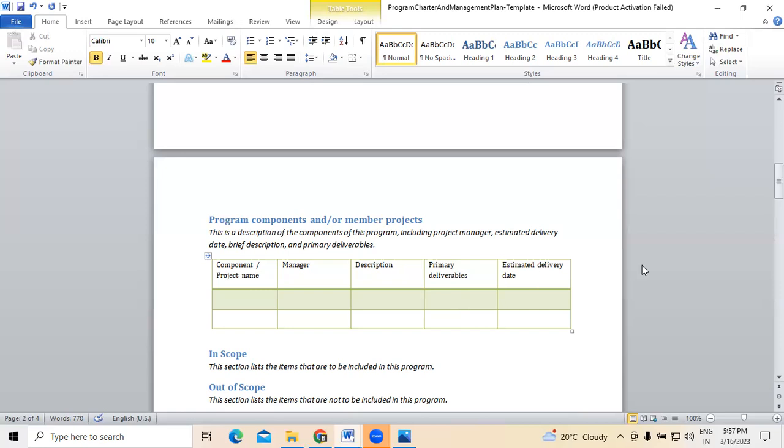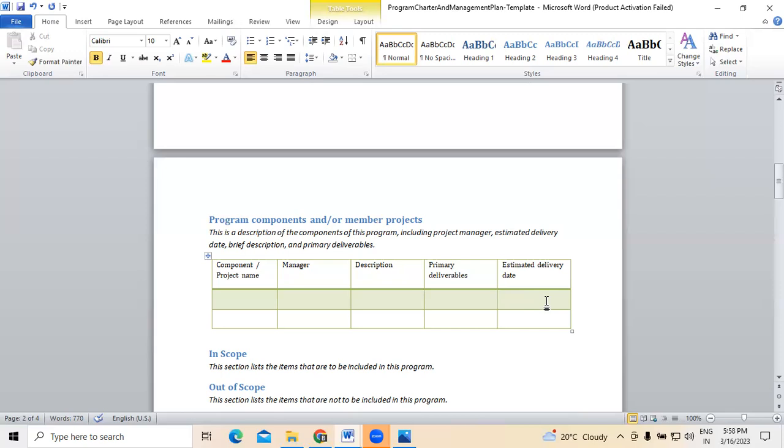Followed by this, we need to mention the estimated delivery time. So when is the estimated delivery time we have? It depends on the proximity of the release that we have planned. That may be 2 months, that may be 3 months sometimes. Normally in an agile environment, the sprints and everything will be planned. So that's what the estimated delivery date has to be mentioned under the program components,